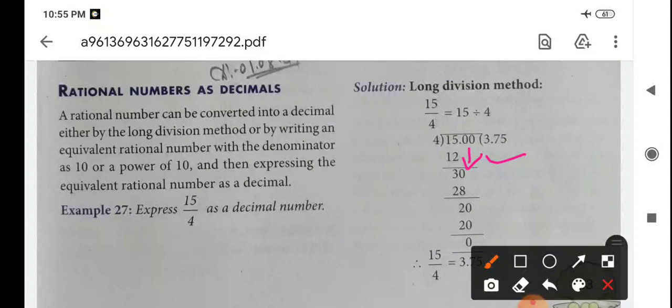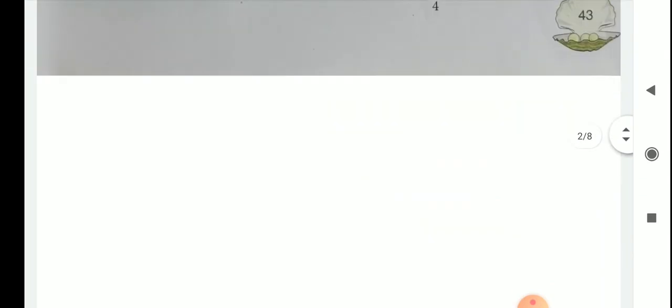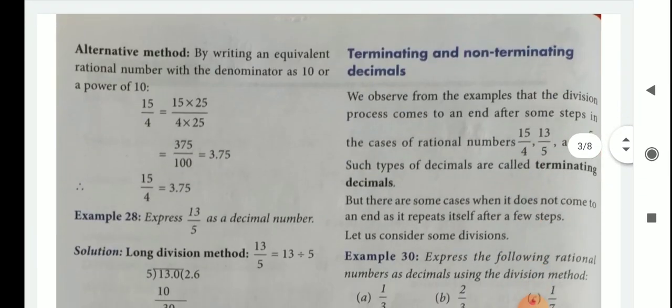When we bring down the 0, we put one decimal point. Okay, then we write 4 7s are 28, then 30 minus 28 is 2, then again a 0 comes down, then 20 minus 20 is 0. Okay, so the answer will be 3.75. Then another method we see, the alternative method, by writing an equivalent rational number with the denominator as